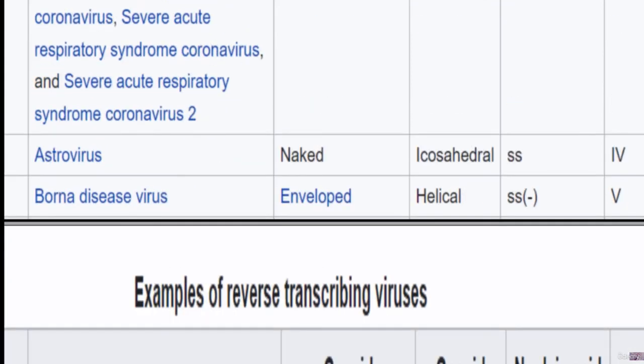These are examples of RNA viruses. Example of reverse transcribing viruses,